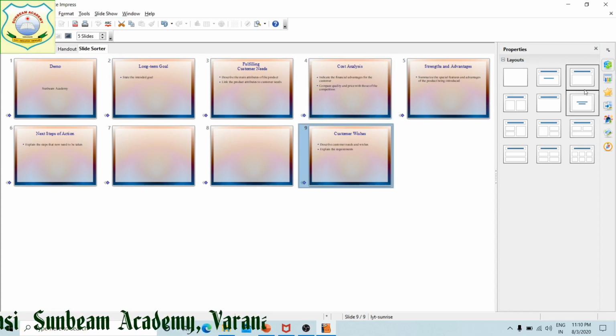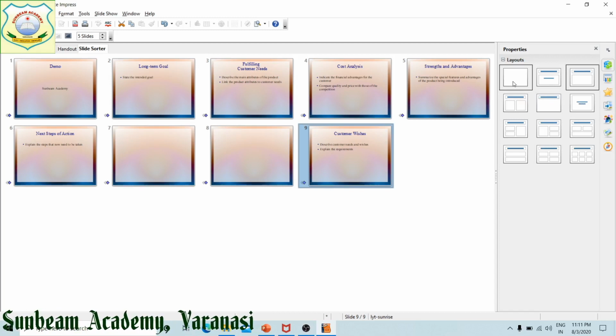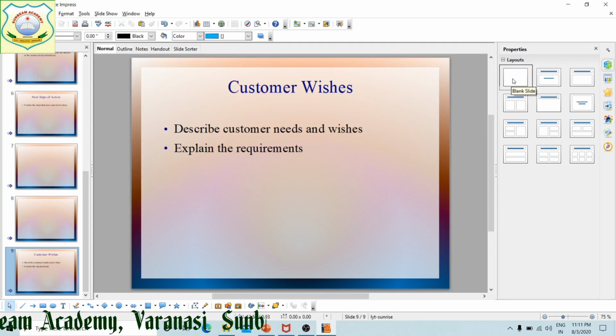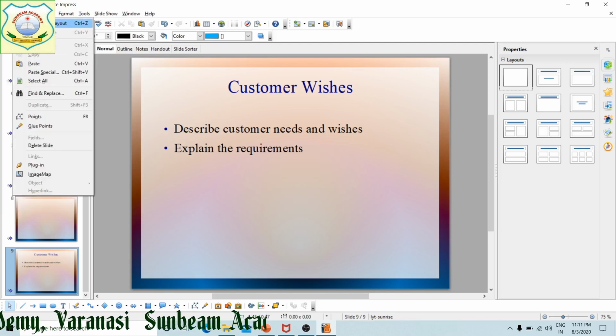Layouts you can see here. There are different layouts. The first one is the blank slide, right? I'm moving towards the normal one. After this, this is the blank slide. Blank slide means it will not have anything. I'm showing you using a new presentation.